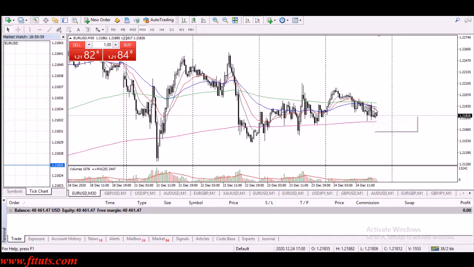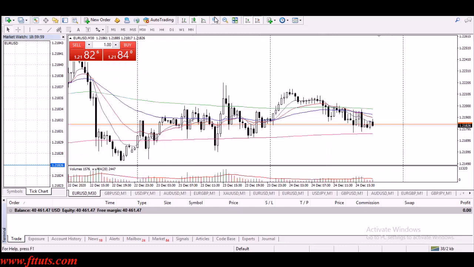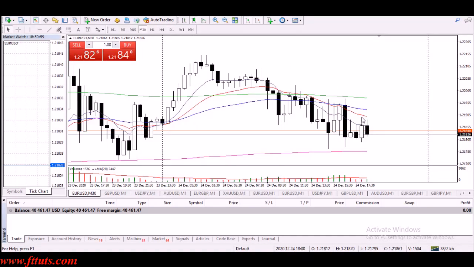If you go on M30, that's it, 1.219. It's almost like that. Of course, it's not accurate. You don't get the same price level, but this is just to make things better, how EMAs are working,